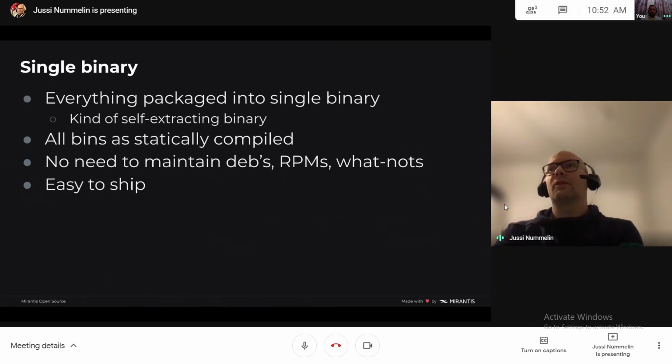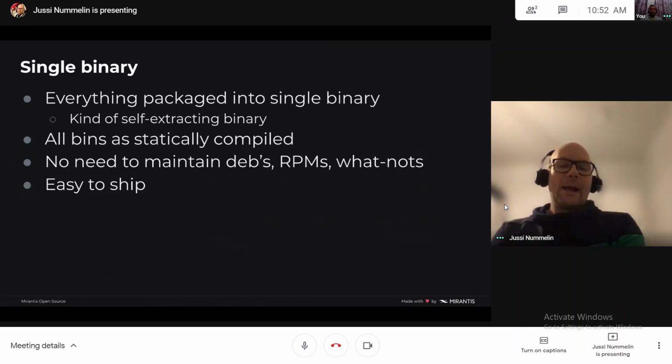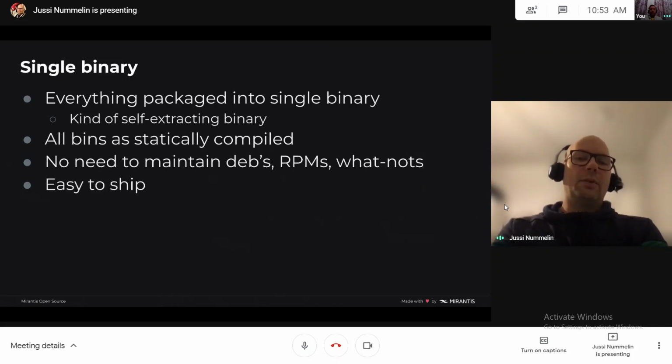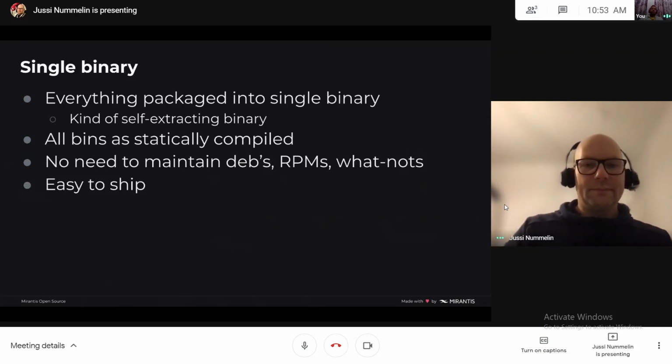But the source for those builds are of course fully upstream sources. We do the compilation as we want to have fully statically compiled binaries. What it means is that the same binary can work between different operating systems, or Linux distros, for example. So you can use the same binary with Red Hat and with Ubuntu and whatnot. Of course, for Windows we have two different builds, but that's another discussion.